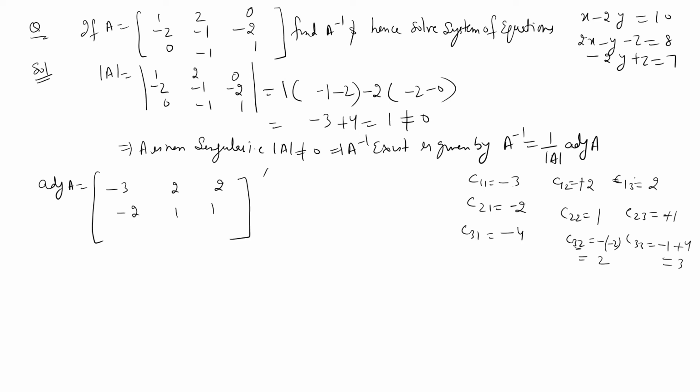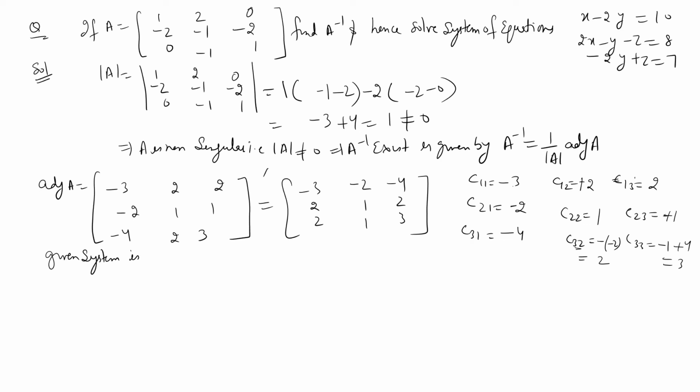So the second row is minus 4, 2 and 3. Now let's take its transpose: minus 3, 2, 2, minus 2, 1, 1 and minus 4, 2, 3, which is the required adjoint, right? Now let us see my system. So the given system is,